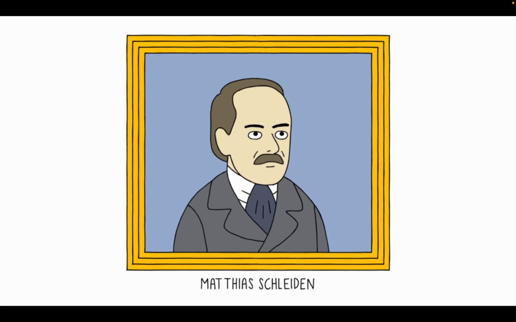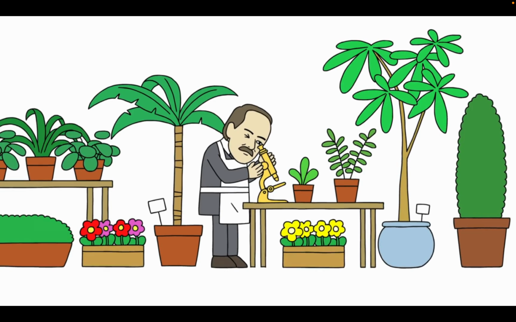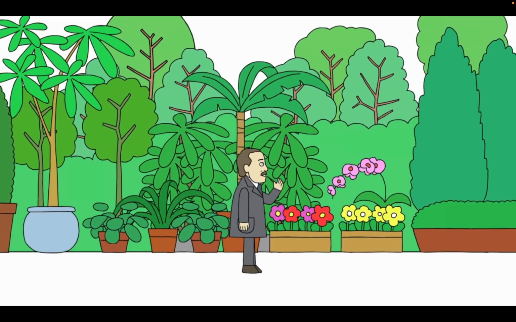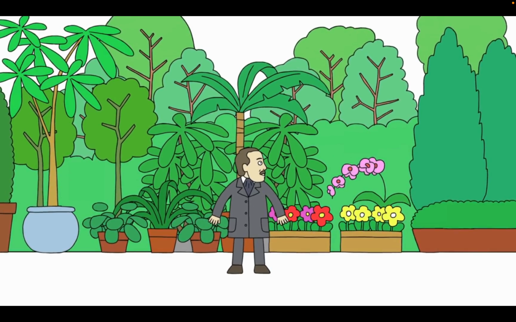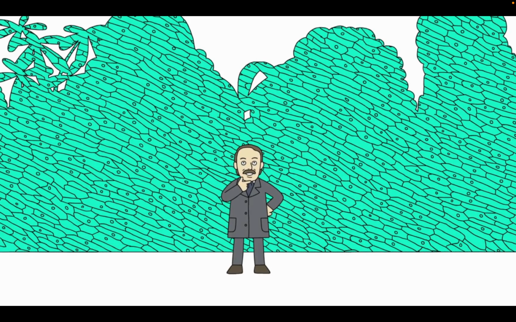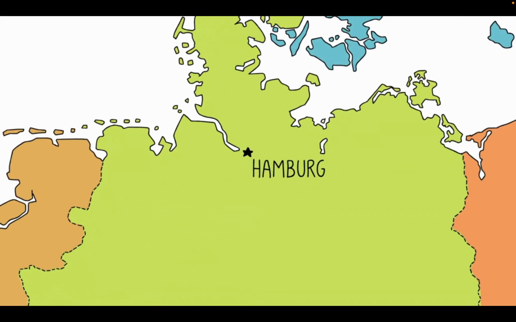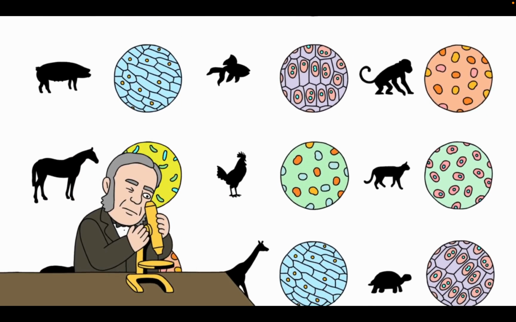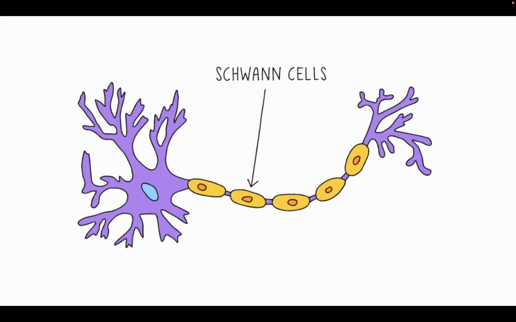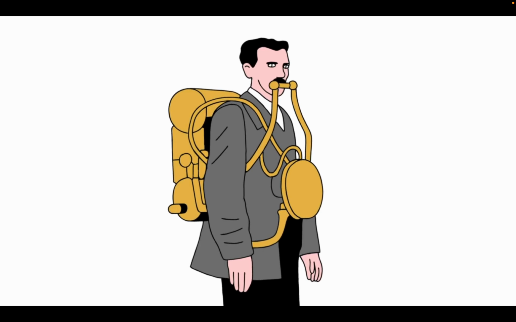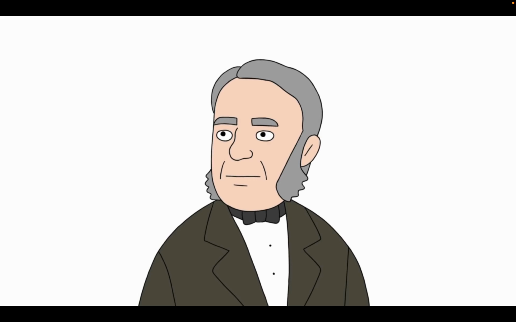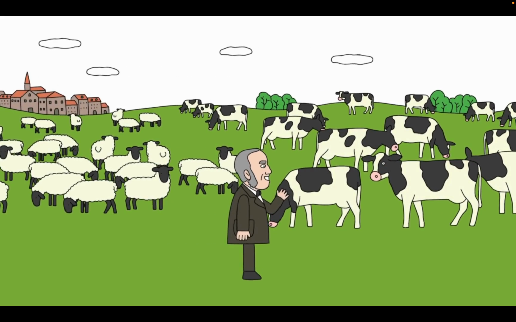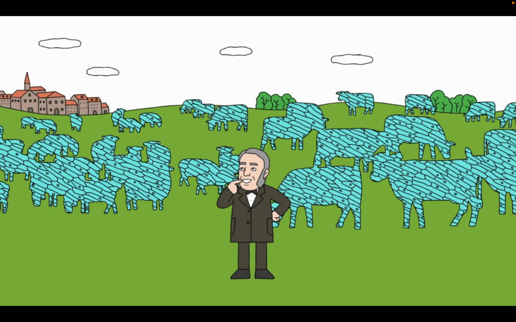The first scientist was Matthias Schleiden, a botanist who liked to study plants under a microscope. From his years of studying different plant species, it finally dawned on him that every single plant he had looked at was made of cells. At the same time, on the other end of Germany was Theodor Schwann, a scientist who not only studied slides of animal cells under the microscope and got a special type of nerve cell named after him, but also invented rebreathers for firefighters and had a kickin' pair of sideburns. After studying animal cells for a while, he too came to the conclusion that all animals were made of cells.